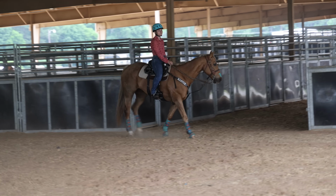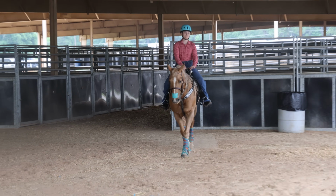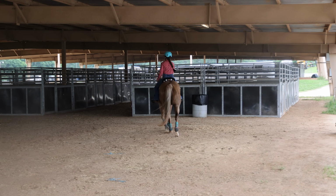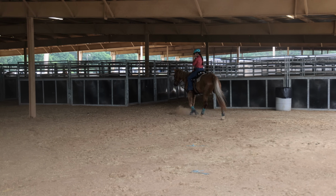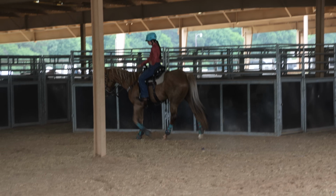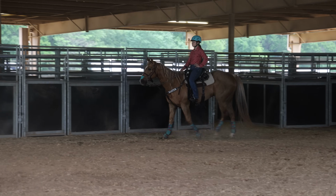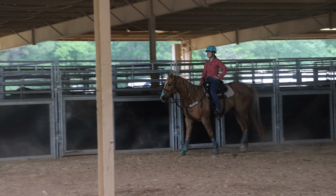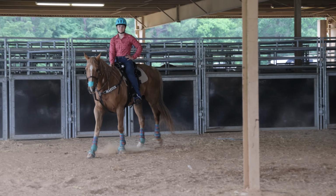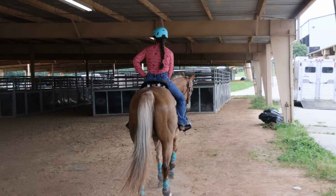I want to make sure he's really stretched out and that I work out any kind of stiffness before I ask for a trot or a lope, just because they've had to stand in that trailer and haul for a while. And the whole time I was in here, Chester was screaming at us. He's not dangerously buddy sour, but if you ever hear a horse screaming while I'm on Dakota, it might just be Chester. And so I'm just going to keep walking him around, looking at everything and getting him really stretched